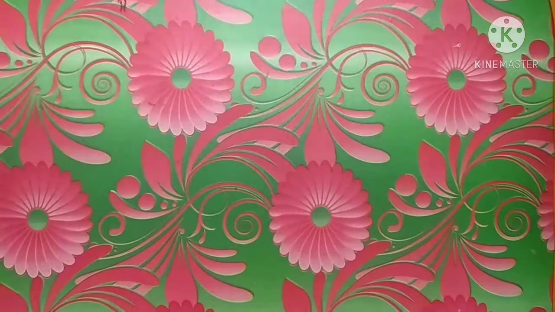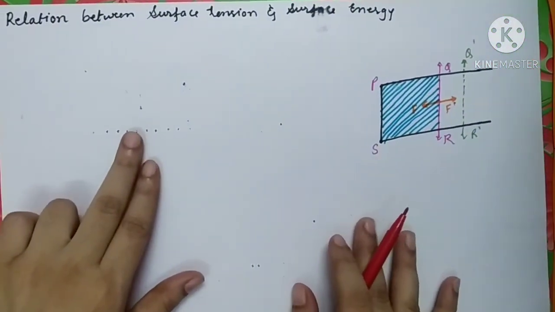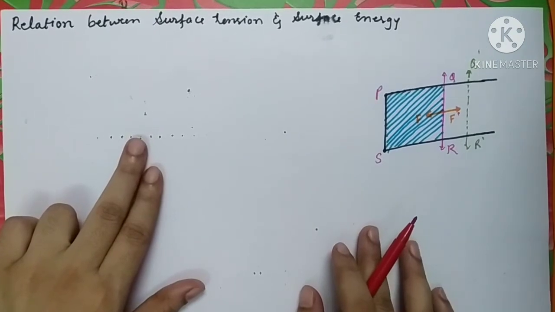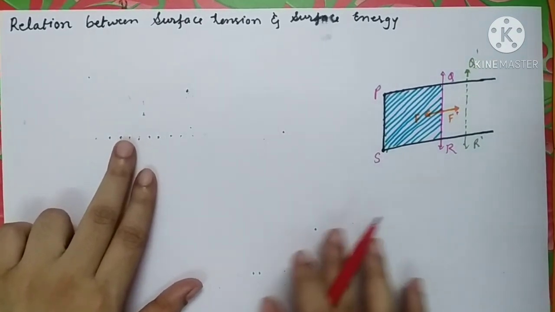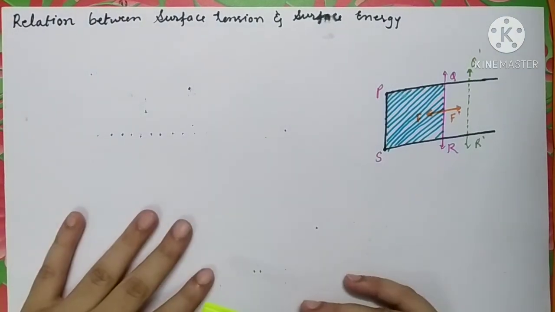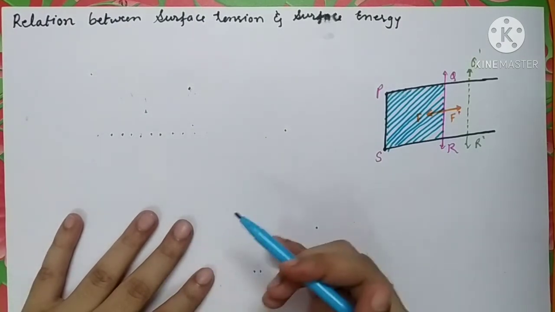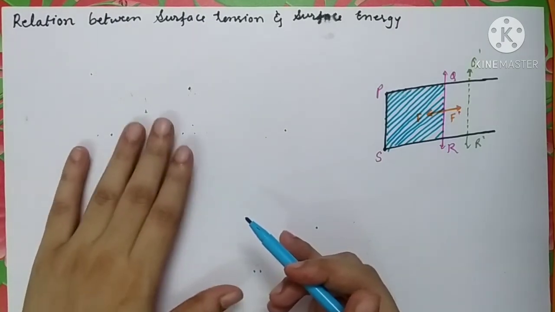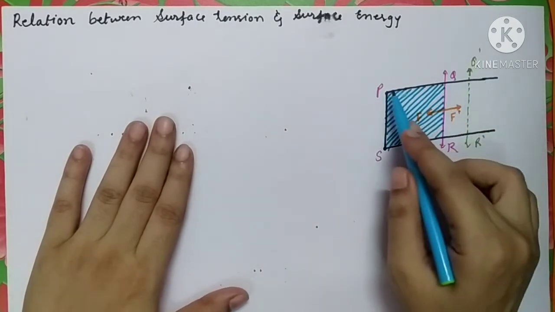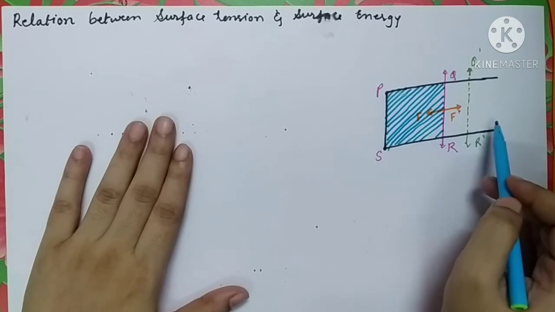Now let's see the relation between surface tension and surface energy. We all know that they are dimensionally equal. They have the same dimension. But let's see whether they are numerically equal or not. For that, we will take one rectangular frame of a wire. This is the rectangular frame of a wire